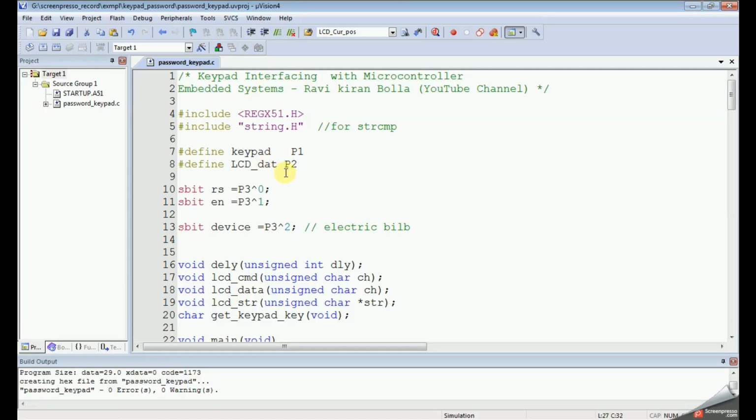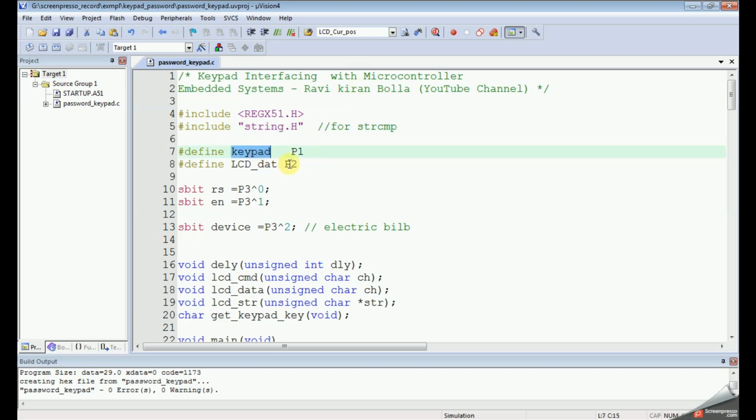This is the already written code for this. I am using string.h here for comparing two strings, that is the entered password and the current default password.